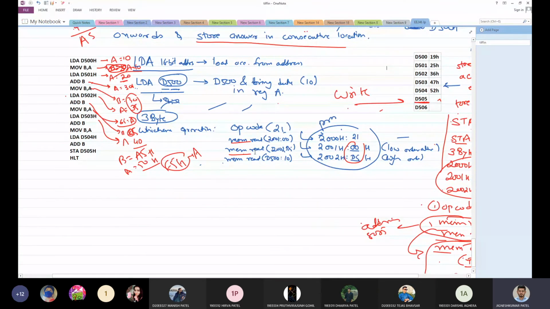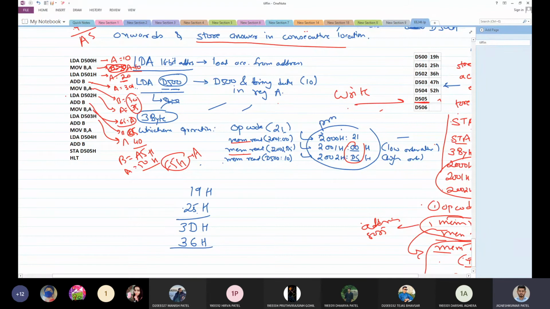Now, as soon as you perform the first addition between the first two numbers 19H and 25H, 9 plus 5 is 14, equivalent hexadecimal is D, and 1 plus 2 is 3, so 3DH is the answer. Next, we are going to add 36 to this number.